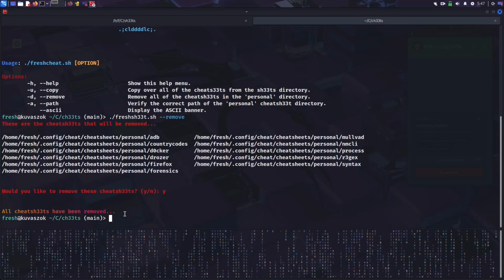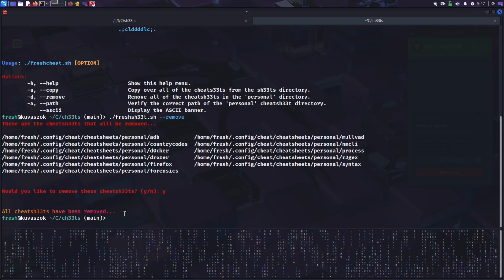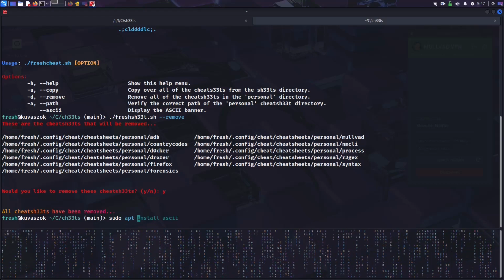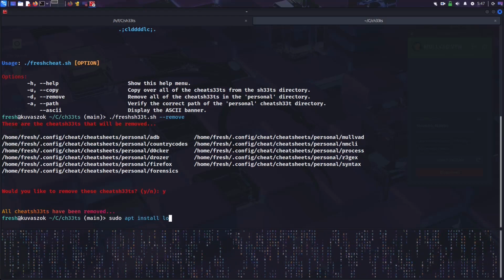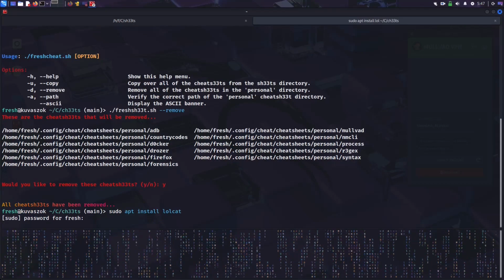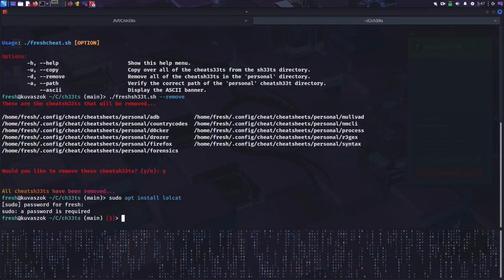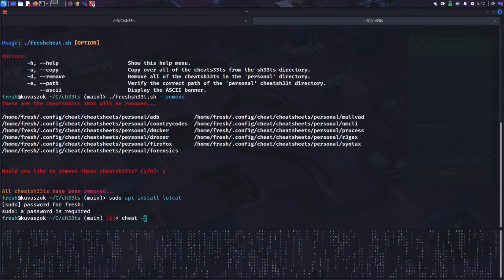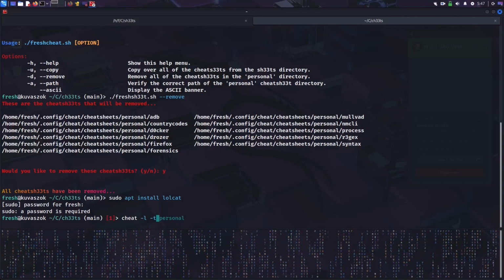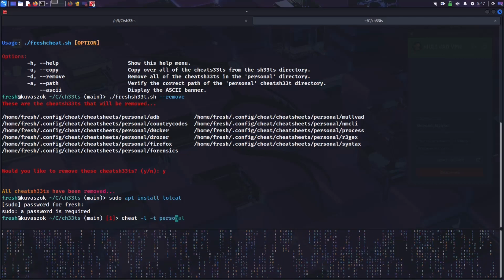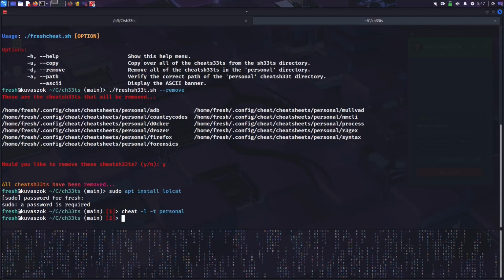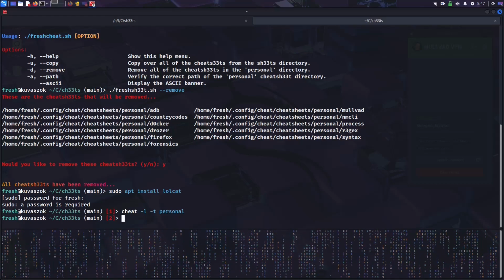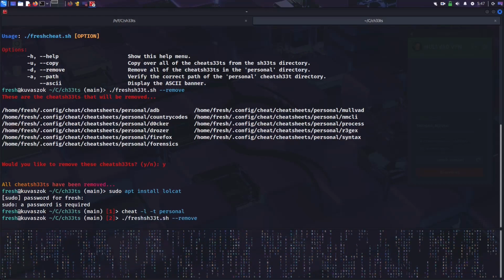This does use logcat, so you're going to want to install logcat, which is pretty straightforward. Just run the command sudo apt install logcat. Alright, so now all the cheat sheets have been removed, and if I do a cheat with -L, -T, and personal, what you'd see is that we get nothing, because I have removed all the cheat sheets from the personal directory. So now we are going to rerun the bash script, and we're going to do